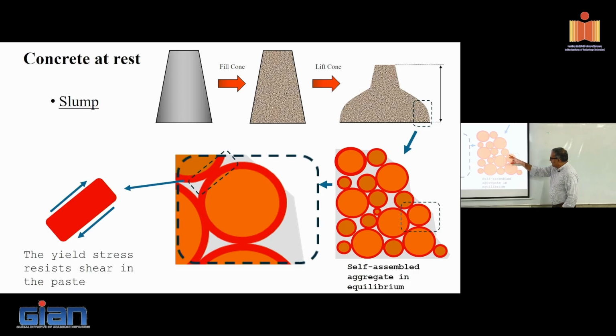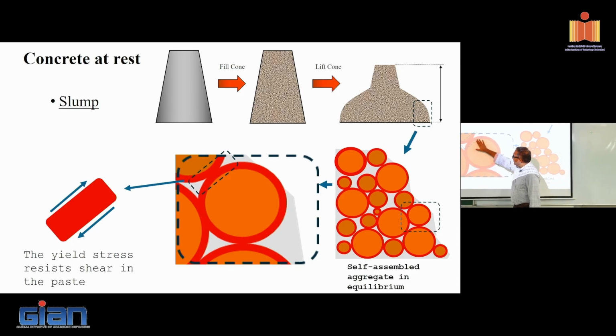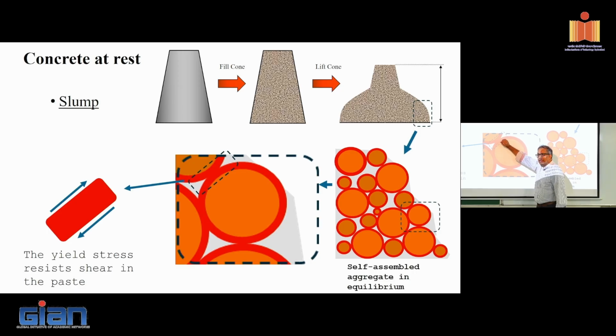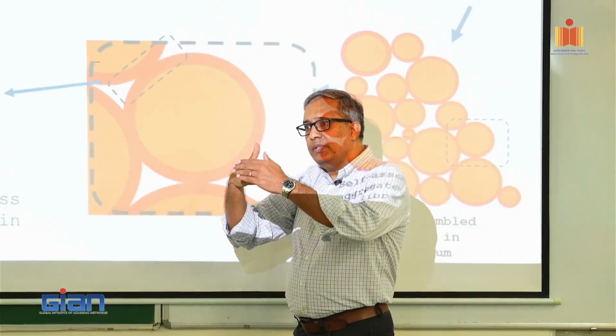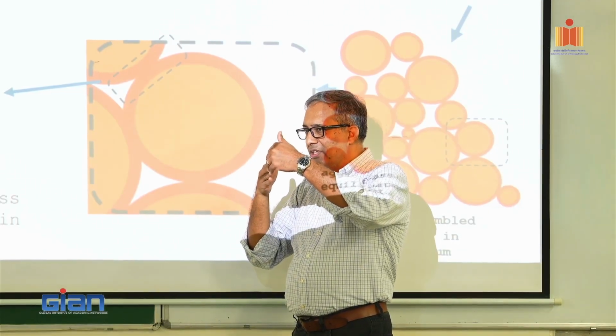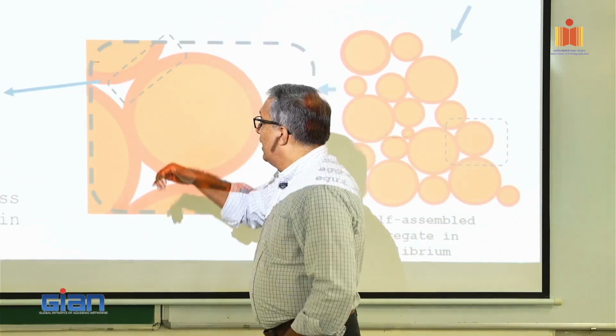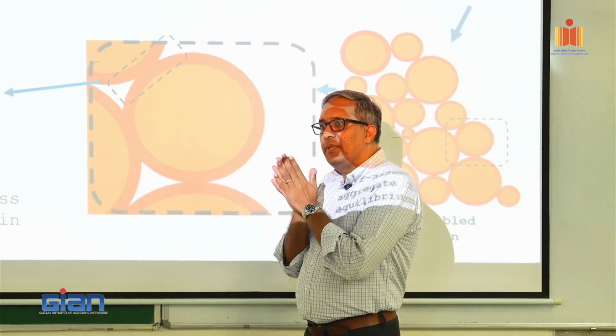Now, if you look at one of these aggregates and pull it out, that aggregate is in a static condition, right? There will be forces pushing it out of position, but somehow it's able to hold on. Then if you look at two aggregates in contact, what's happening here? We have the liquid, which is the paste, subjected to some normal stress because the aggregates are in contact, and there will also be some shear stress that develops there.